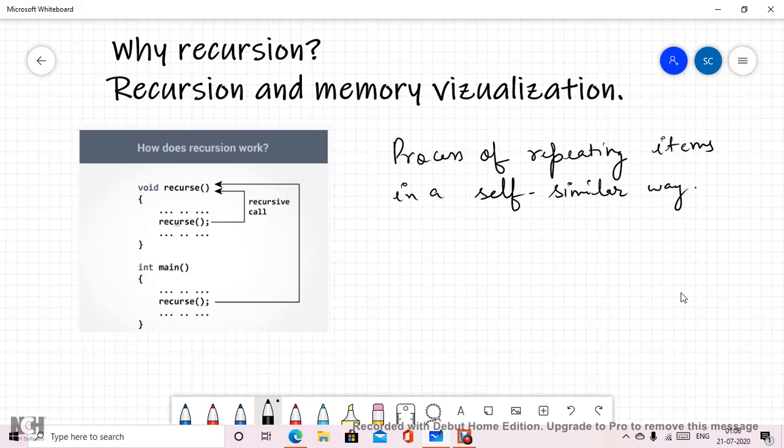Now, when I say self-similar way, that means when we talk in terms of program code, the same line of code will be repeating. The function is going to call itself, as we can see here. But always remember that this function inside a function should also move forward towards the base condition.